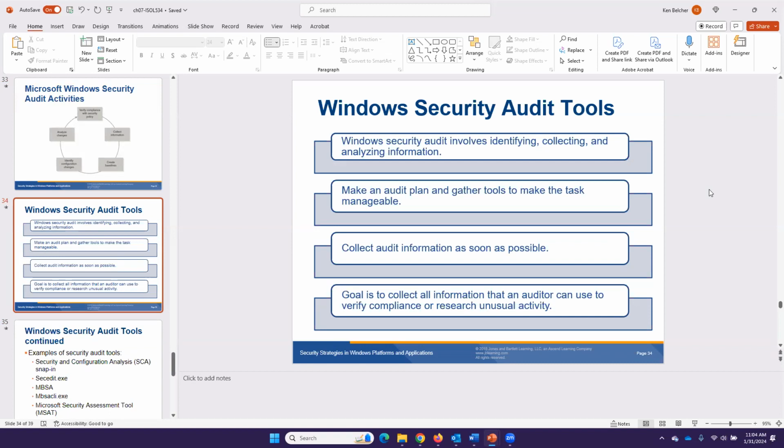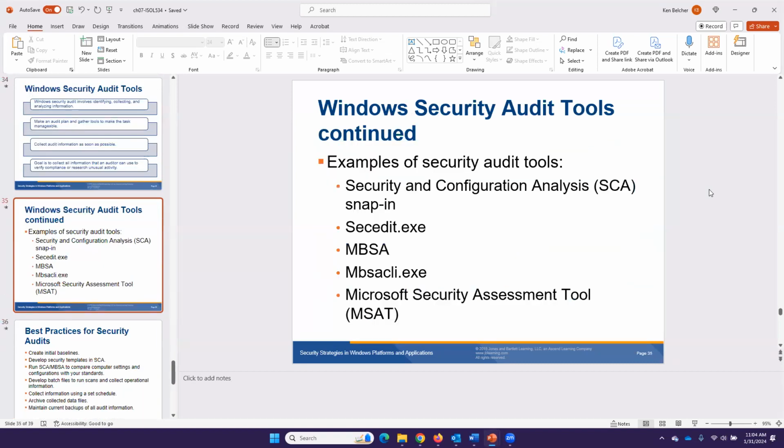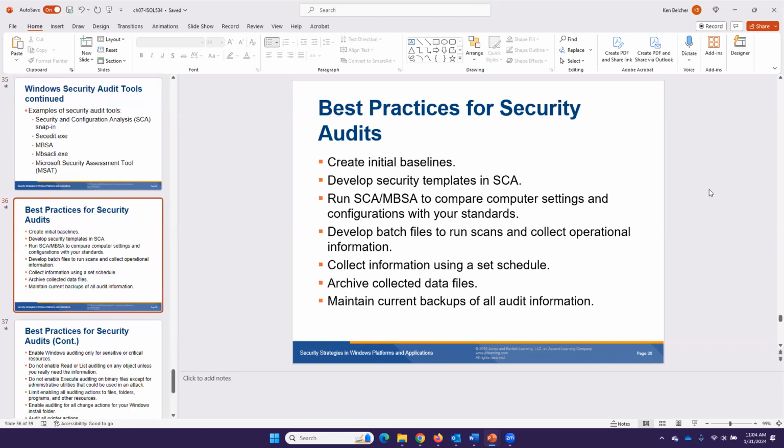So we definitely want to be auditing any changes that are made at an elevated access, or root access on Linux machines, for example. Example security audit tools include the SCA, Security Configuration Analysis snap-in, Secedit, MBSA, MBSACLI, and MSAT, the Microsoft Security Assessment Tool. So best practices in security audits: we need to create our initial baselines, develop security templates in SCA,